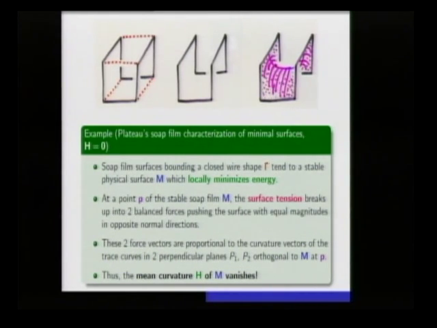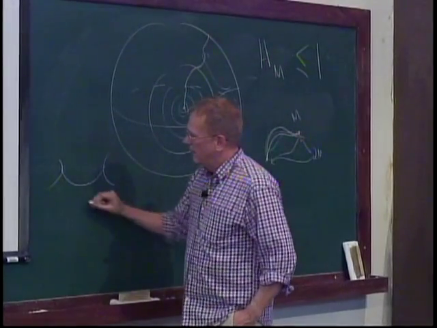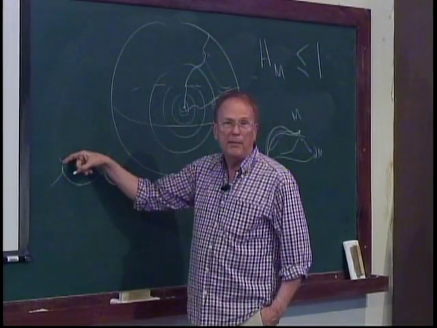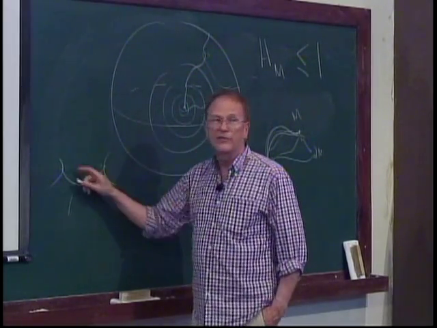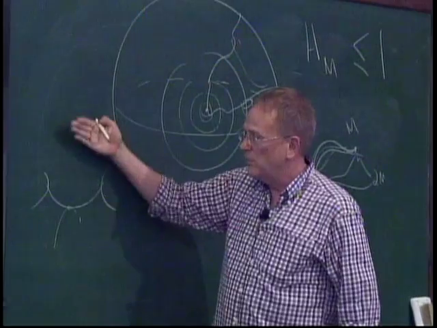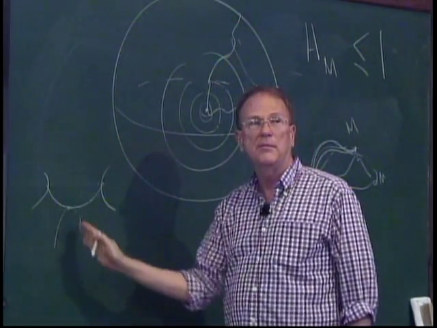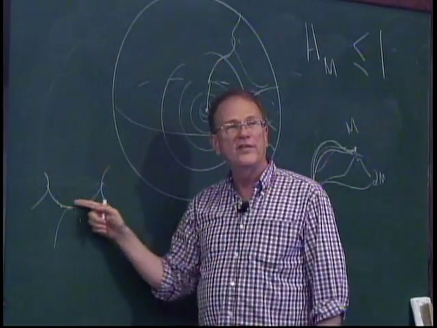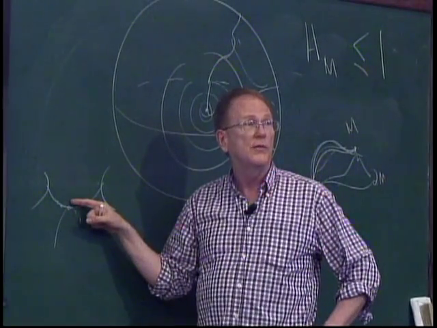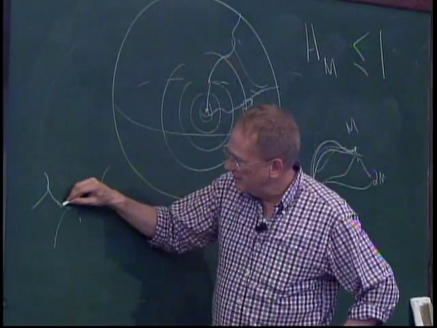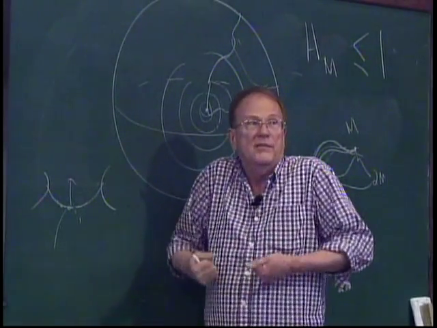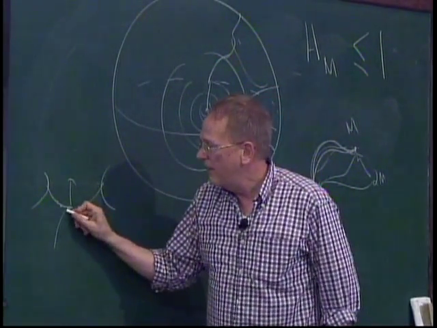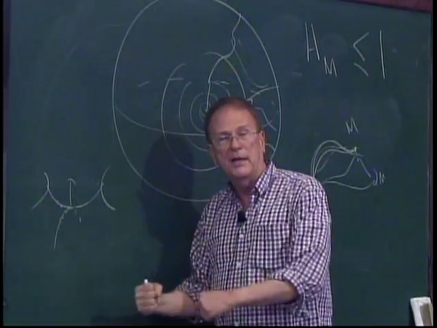pull in opposite directions. So when you draw your favorite picture of what you think is something of zero mean curvature, at a point you're curving up, and then orthogonal to that, you're curving down. Think of these as principal directions: the maximum of the normal curvature and the minimum of the normal curvature. Then the little molecules are trying to pull each other tight. And the pulling breaks up into two orthogonal forces. These little molecules here want to pull the surface up. When they want to get together, they want to pull it up. And these here want to pull it down. They want to pull it tight down.